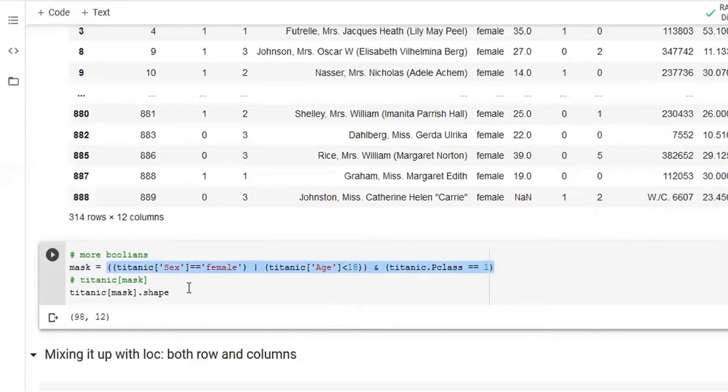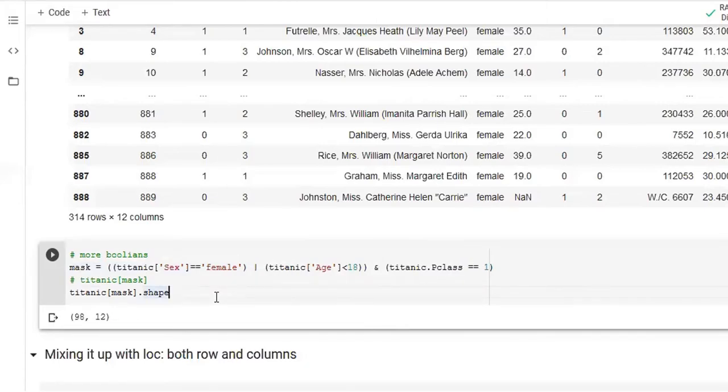This is going to give me all the values where the person was female or a kid, and all the people it shows are going to be from the first class ticket holders. So there are 98 people who were kids or female and who were actually traveling in the first class with a first class ticket.